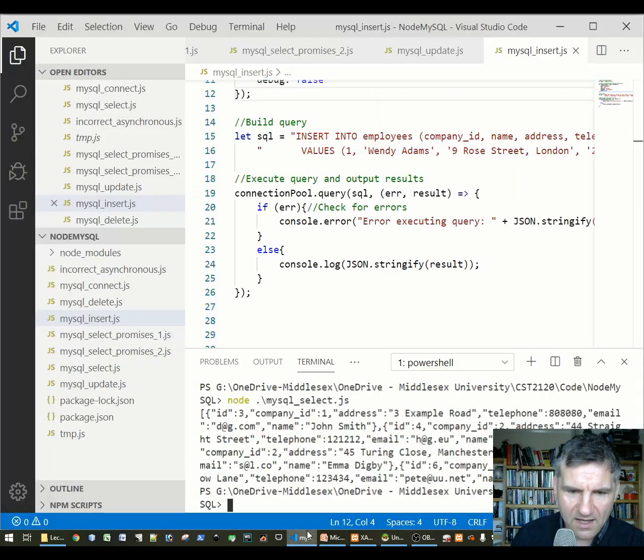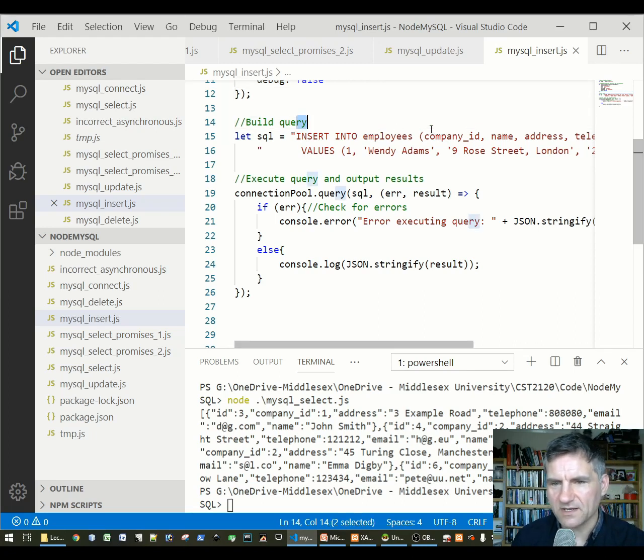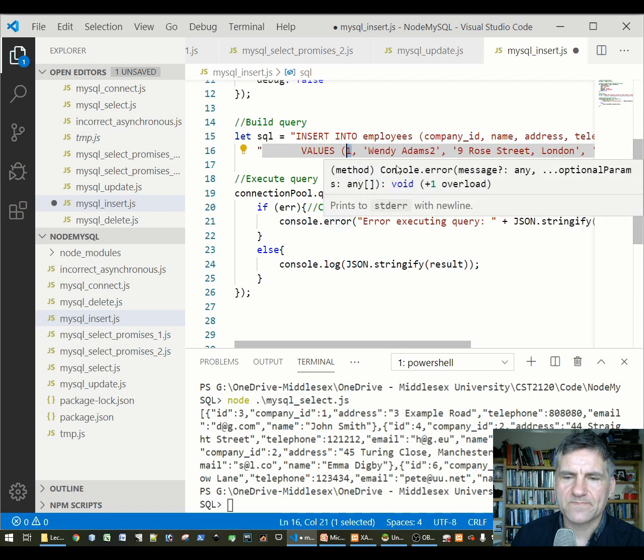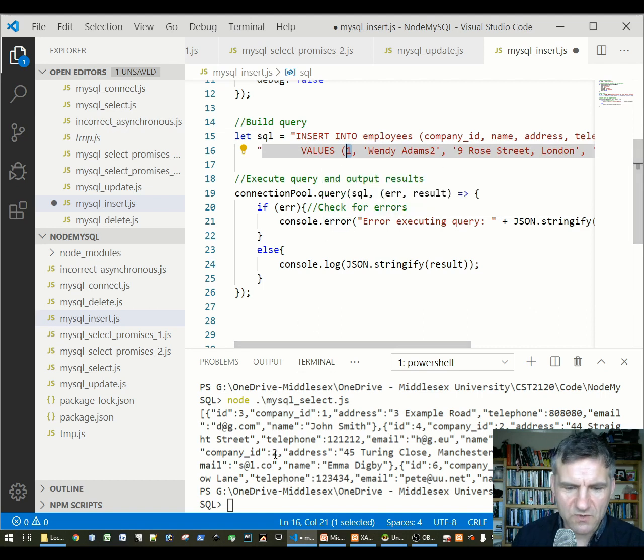Okay, so I'm just going to run this code. What this code is going to do is build this structure here. It's going to insert Wendy Adams. Let's call it Wendy Adams 2, just so it's clear what's going on. And here's the foreign key for company ID, so that has to exist in the database or this isn't going to work. So we're going to specify Wendy Adams works for Google. So let's just do Node